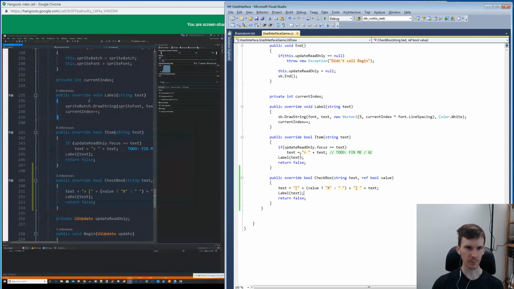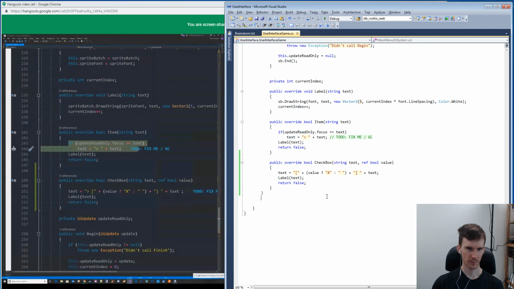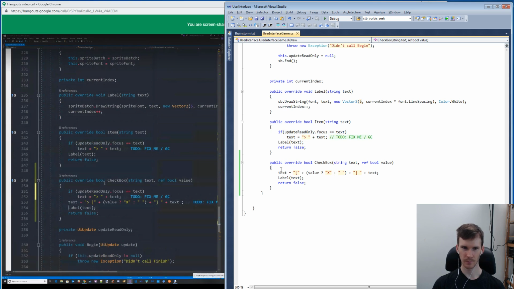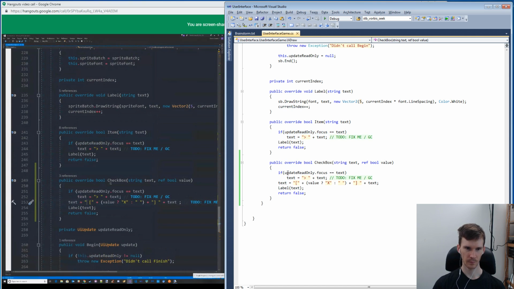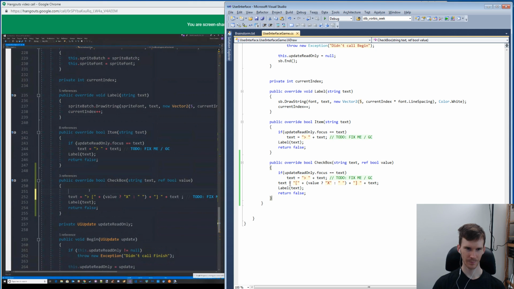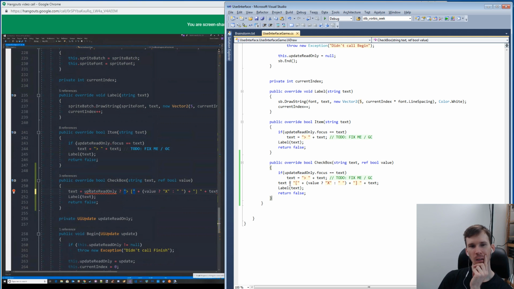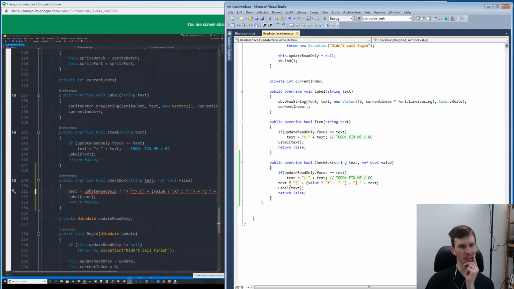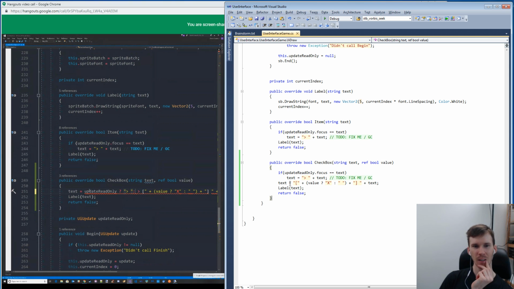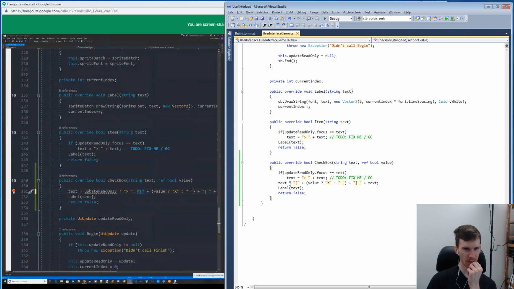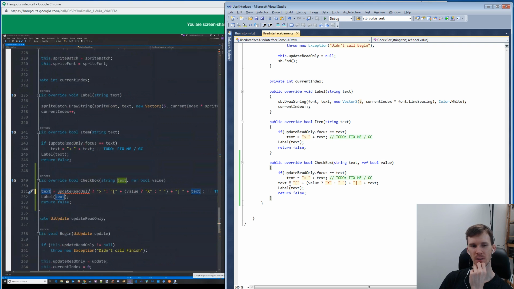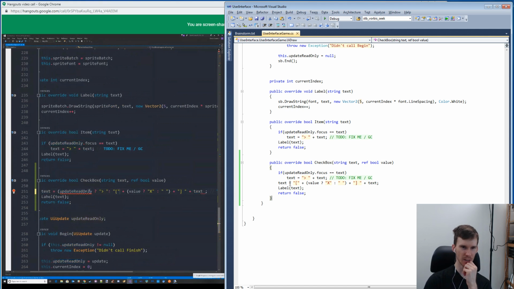Oh nope, I made a dumb mistake. Hold on, one second. I actually just want to steal this whole thing right up here. Text is equal to update read only, followed by this. So I'm gonna slow you down here. Followed by no more ternary. No, I'm gonna make a suggestion, and that is we're copying pretty much the entire contents of